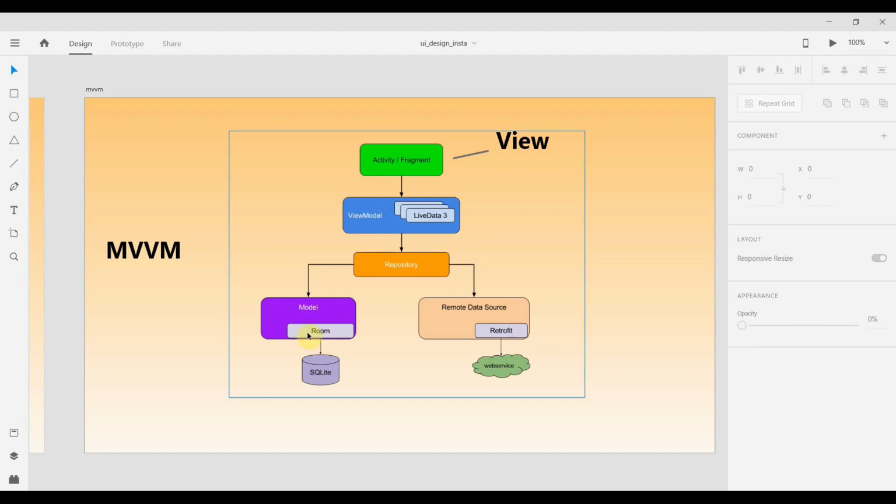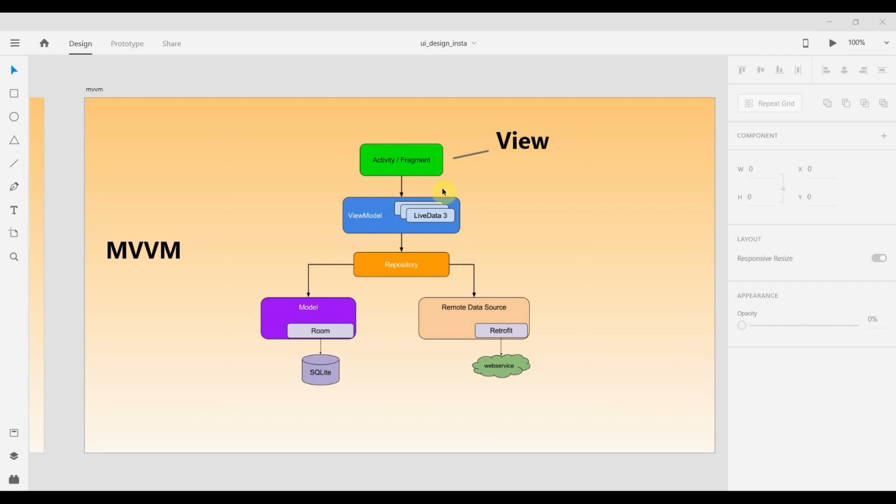As you can see in the model, we have this Room. It is an architectural component, and we will be using this, and also we will be using LiveData. LiveData is a wrapper that can hold any type of data, like a list, and it can be observed by a UI controller.